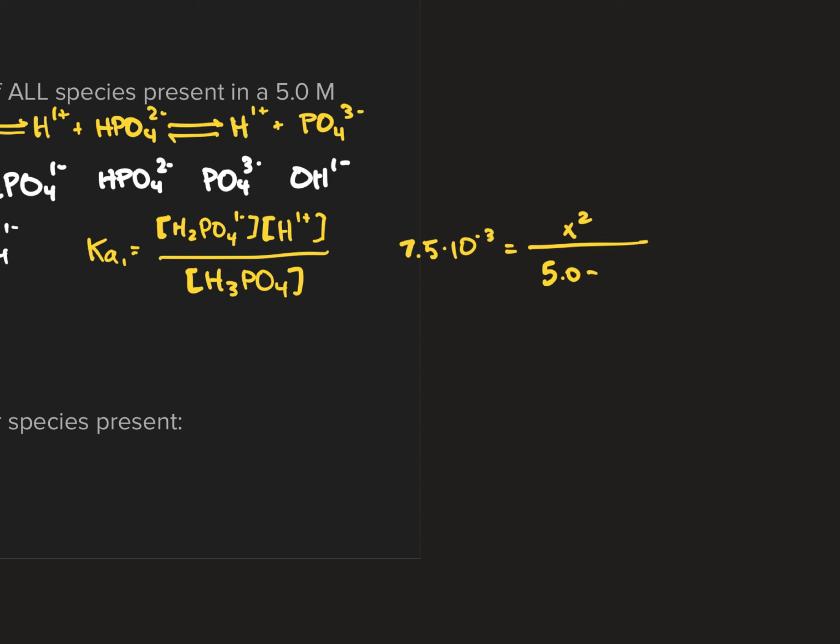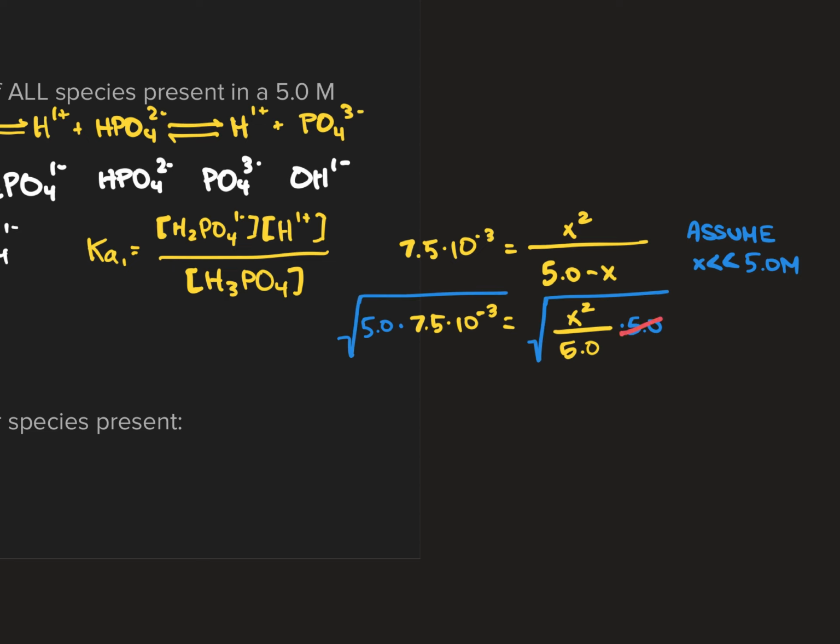And again, we're going to go ahead and make our assumption here. In making the assumption, our equation simplifies down to X squared divided by 5 when we assume that X is a very small change in concentration with respect to the initial molarity of 5 molar of the phosphoric acid. And at this point here, we can now go ahead and solve the equation here for X. We're going to multiply both sides by 5. We are going to take the square root of both sides, and we'll get an X value here of